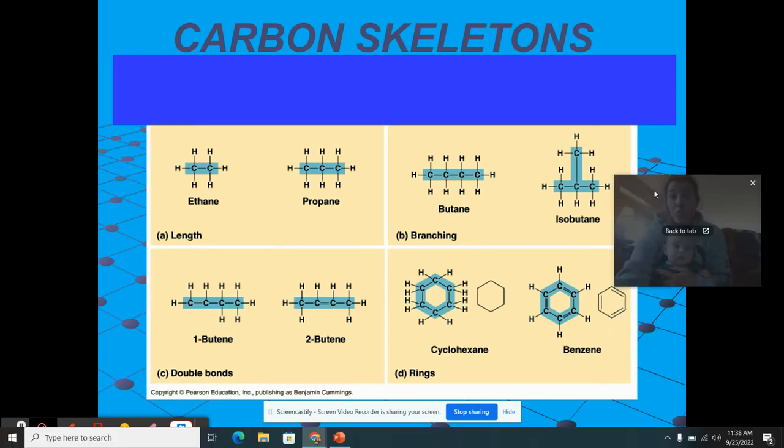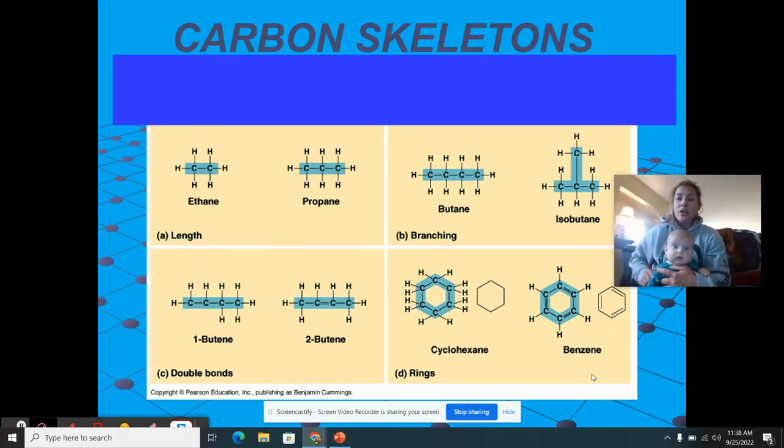We can also make rings, and these are going to be really, really common when we start talking about nucleic acids and when we talk about different carbohydrates. Everything there is in a ring,